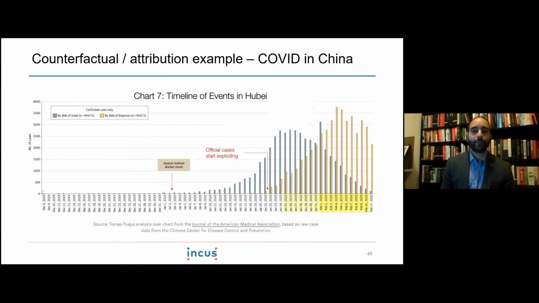You've got these grayish blue bars, which are the actual cases of COVID in Hubei province in China. And then you've got the orange bars, which are the reported cases. So the blue bar is when the actual infection was onset, and they found that out after the fact when they went back and looked up when the cases began. The orange bars is when the case was reported and diagnosed. So you can see there where the arrow showing that official cases started exploding around the mid to late Jan. It's Jan 21st on that chart. You probably can't see that.